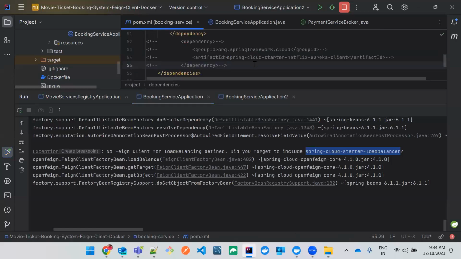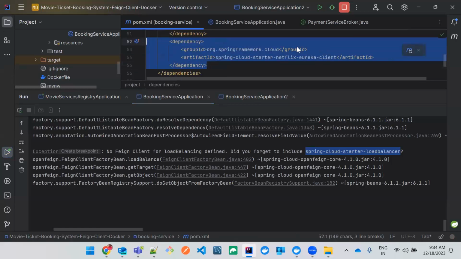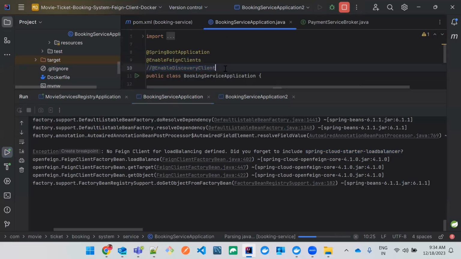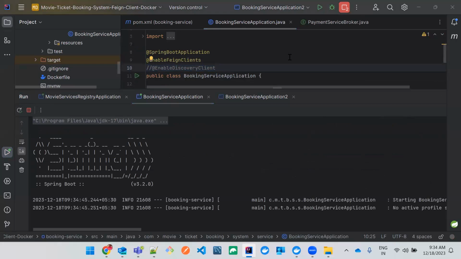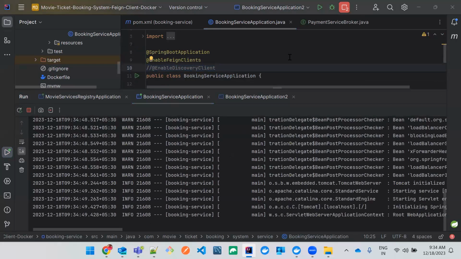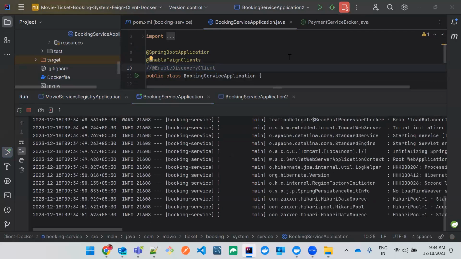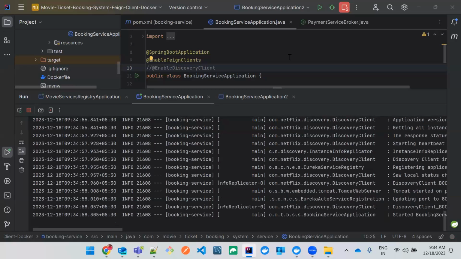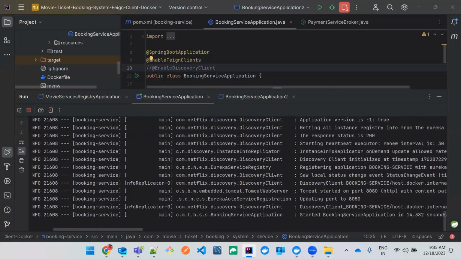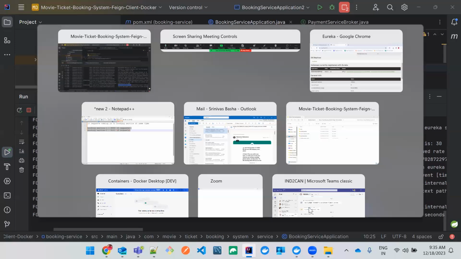Let's say you do have the booking service over here. Let me refresh this and start the booking service again, and let's see what happens. I have not enabled @EnableDiscoveryClient right now, so I just wanted to start it again. So now let's see what happens. Yeah, now you can see the discovery client, and if I refresh it,